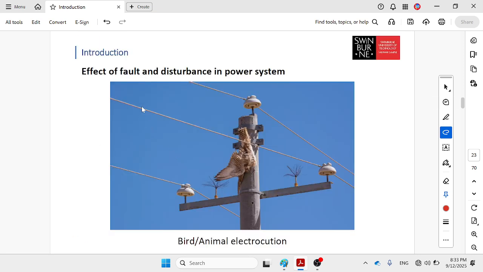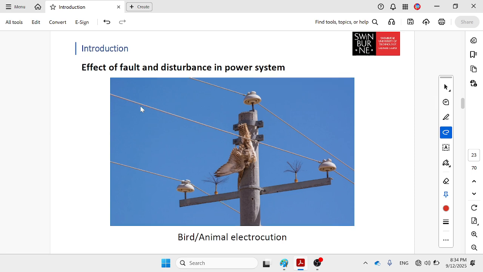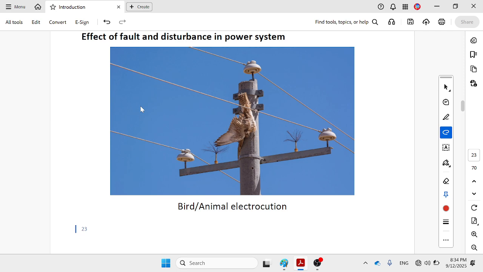Right now, the effect of the fault in the power system: you can see birds and animals are one of the major problems for the power system. When the bird, this PT bird, you can see, it's double phase, meaning it was electrocuted by double phase, and of course it can easily pass away. I think in not more than seconds. The next one